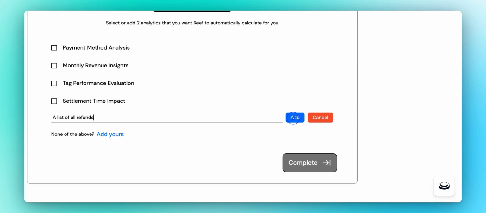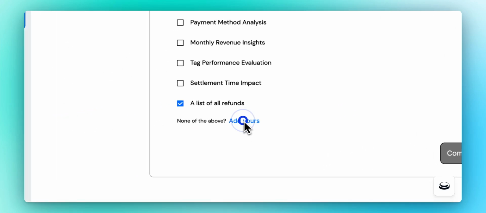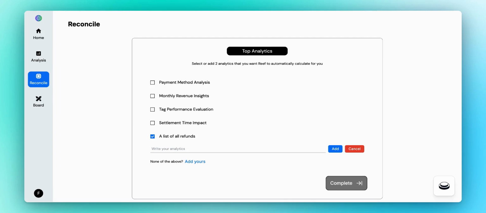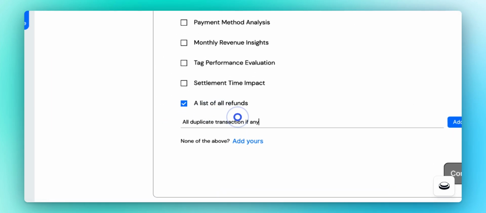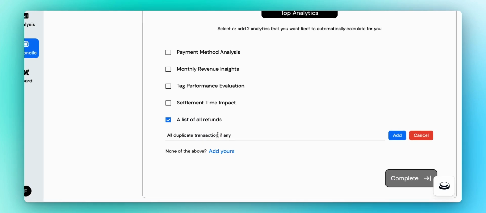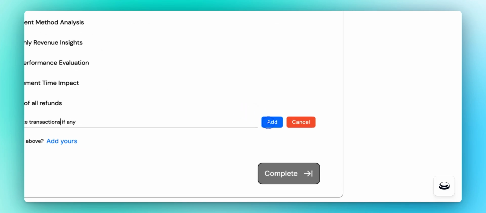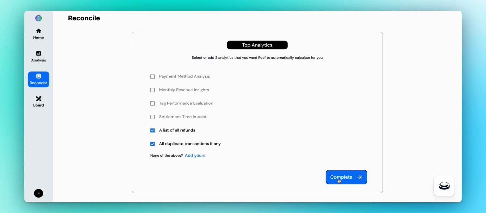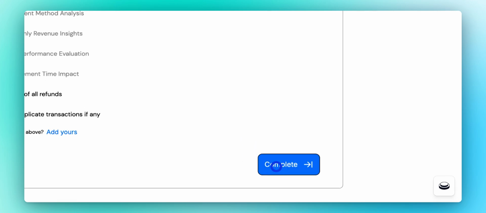You can add yours or select from Reef suggestions. Then click on Complete,